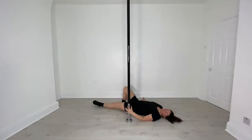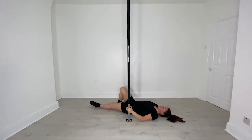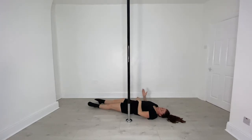So you should have landed somewhere like this. You should be in front of your pole. The right leg should be bent. The left leg should be long. Left hand will be on the pole. Then straight away from there, you're going to extend the right leg, tuck both knees into the chest, roll onto